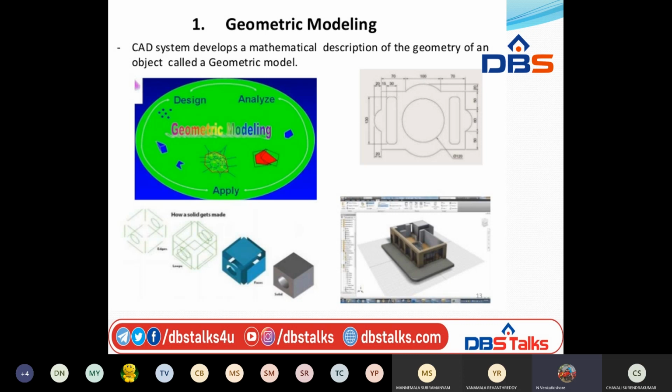That is called a 3D image, that is called a geometric model. So for preparing the geometrical model, we have to use a 3D image.